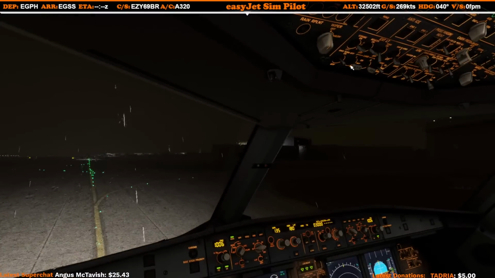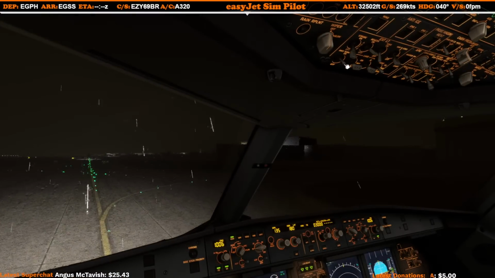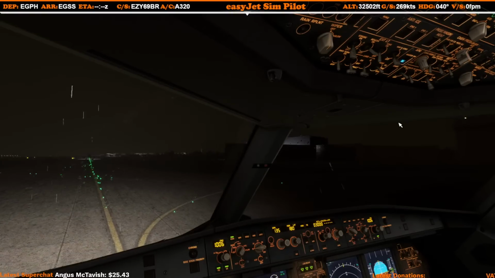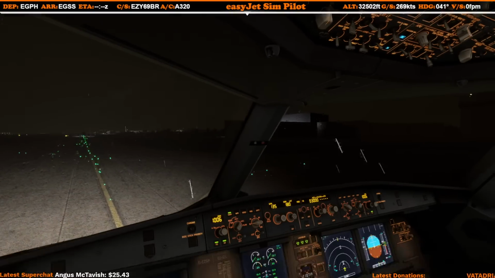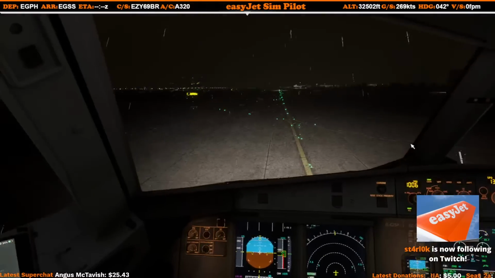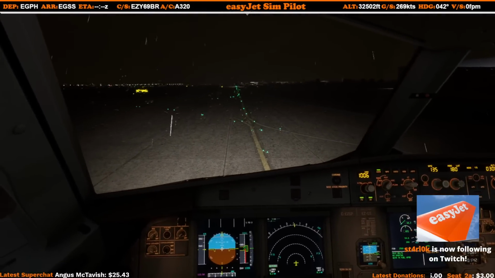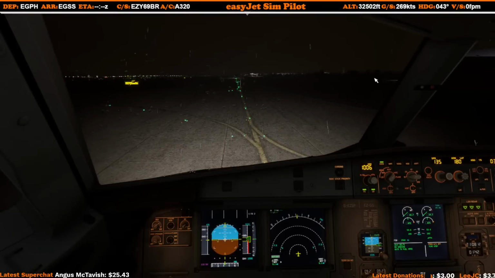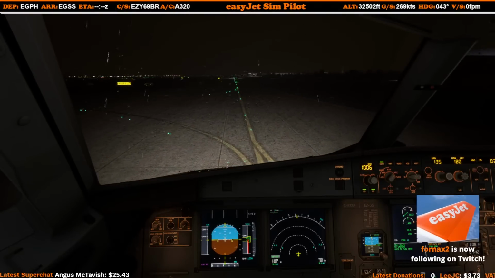Right, turn this on so I can see what I'm actually clicking. Get that off. Get that off. Start the APU. Turn those off so we don't fry the ground crew and TCAS as well. Sebastian, video docking guidance system is from...